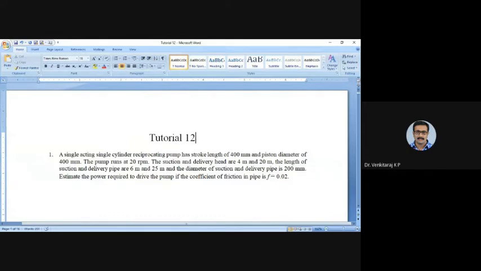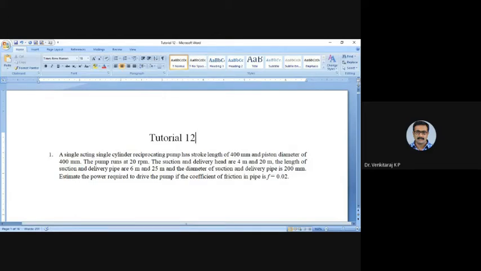Today we will see another tutorial on reciprocating pump. In this tutorial session, we will attempt three numerical problems on reciprocating pump. So the first problem: a single-acting,